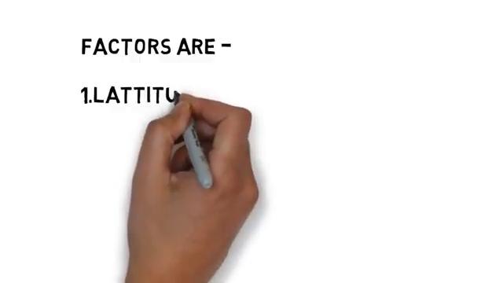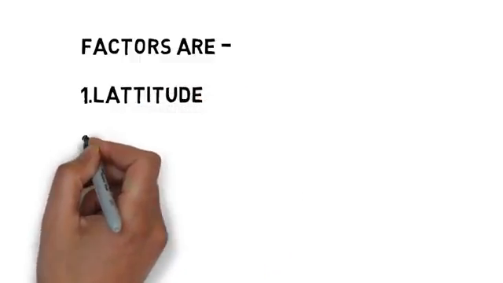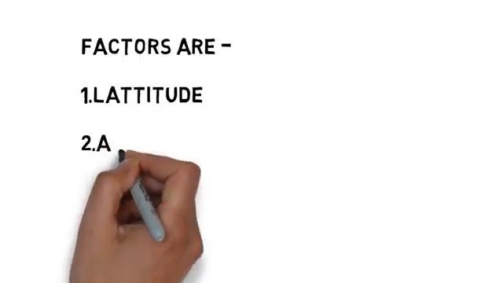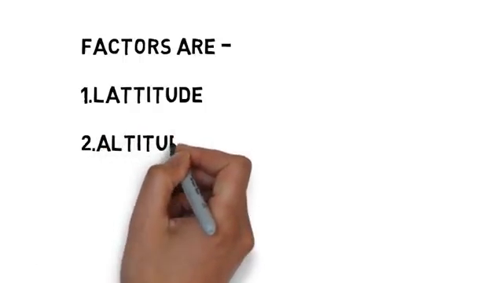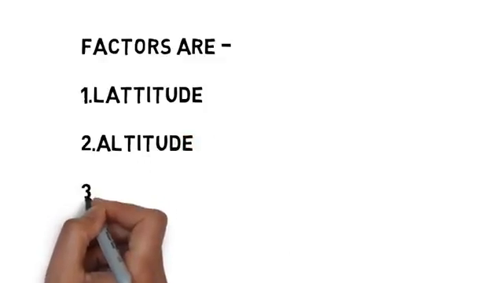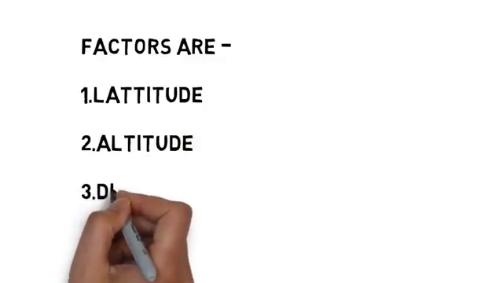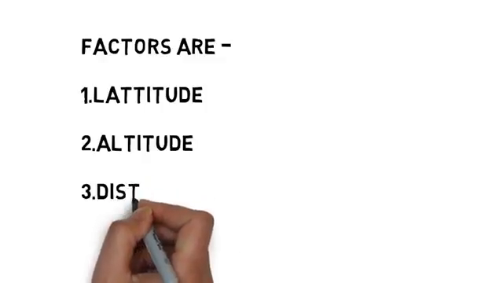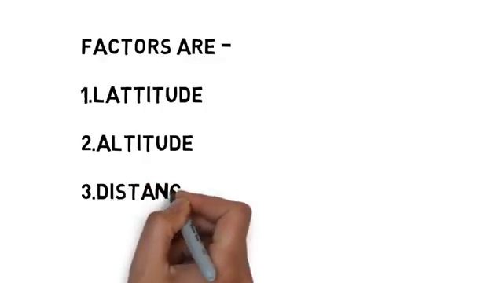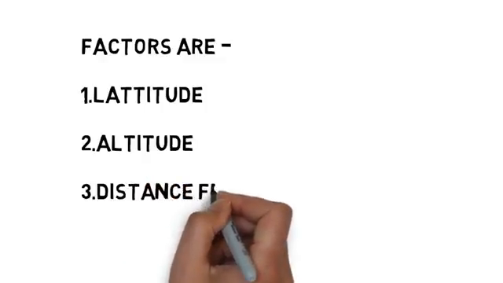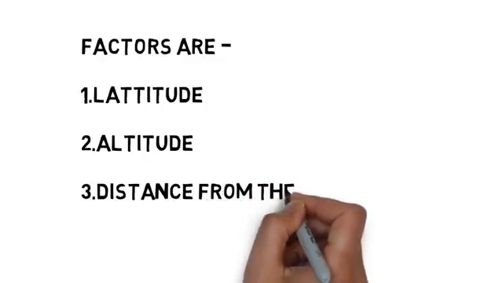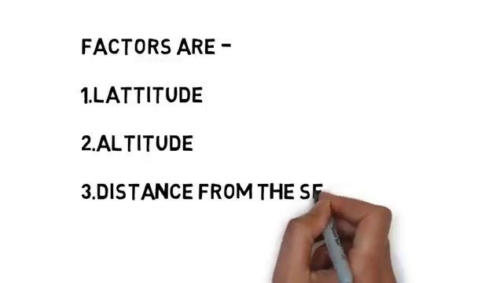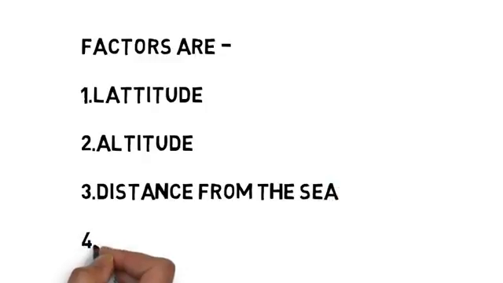The higher the latitude, the less energy is received. Altitude of the place, distance from the sea, air mass and ocean currents, all these factors control temperature distribution. In the earlier video we already saw how the places near the tropics and equator receive the maximum amount of insolation, whereas the poles receive the least amount of insolation. Therefore temperature also varies according to that.